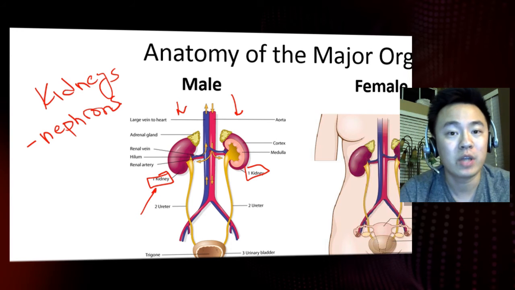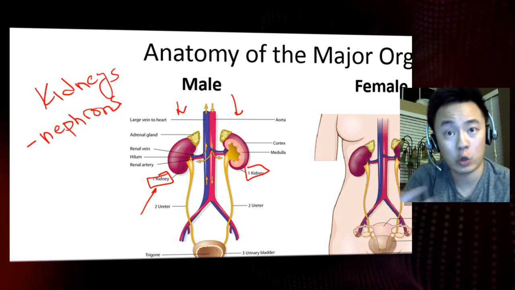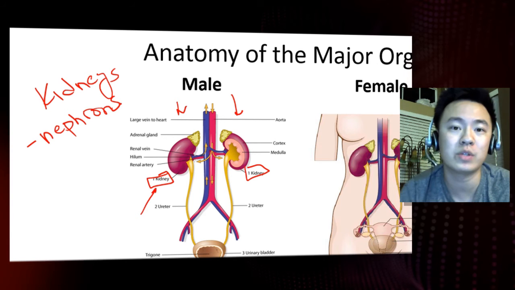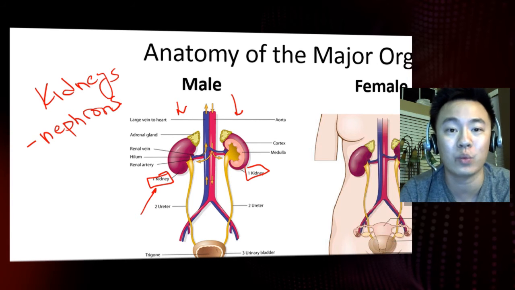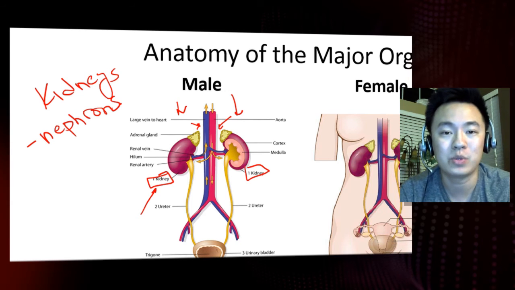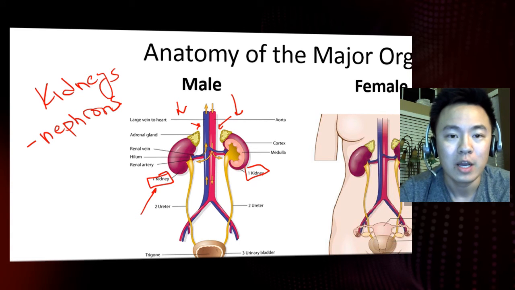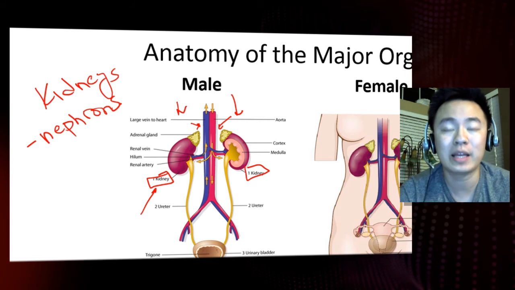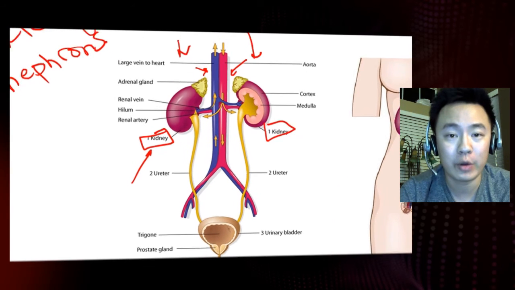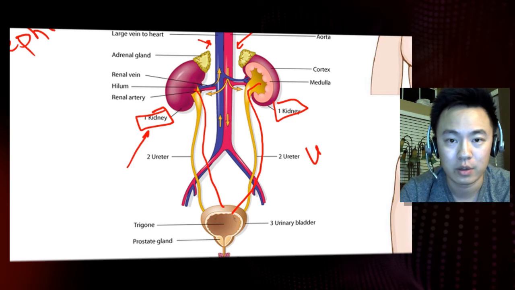Okay. Now, there's got to be blood vessels that supply the kidneys with blood so that your kidneys can filter out those nitrogenous wastes. We do have here the renal arteries and the renal veins as well that help to supply the kidneys and transport that blood into there. We do have here the tube that connects the kidney to the urinary bladder, and that tube right over here is known as a ureter.